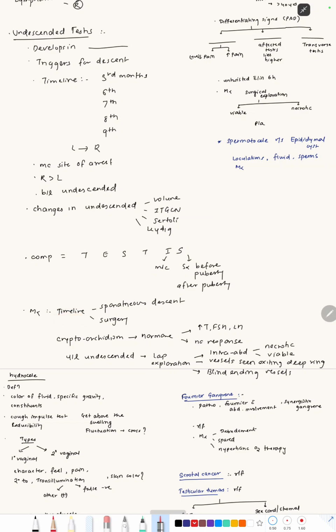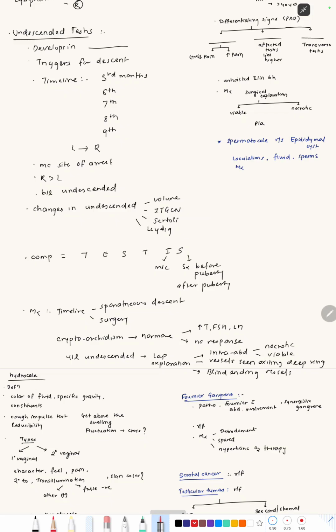Spontaneous descent of the testis sometimes happens up to 5 to 6 months of age. Surgery ideally should be carried out at about 6 to 12 months of age. Then if it is a bilateral undescended testis, that is cryptorchidism, in that case, first we give a hormonal injection, that is injection beta HCG. So if you give beta HCG, if there is an increase in testosterone, FSH and LH, then that means